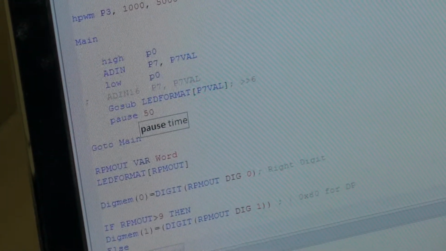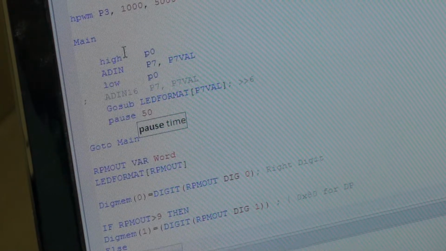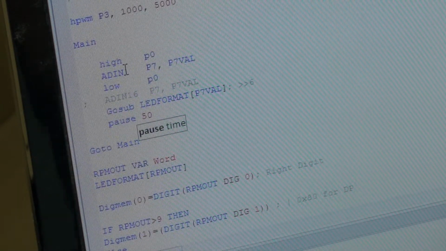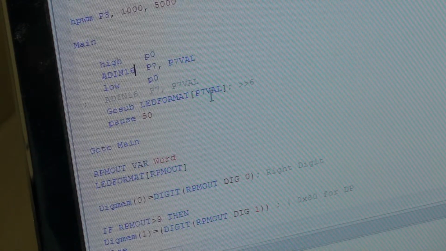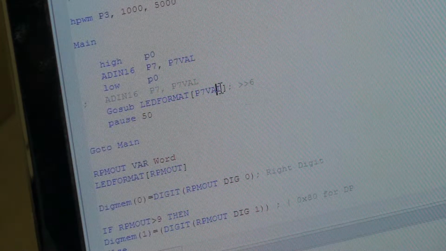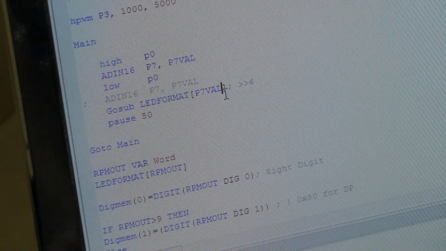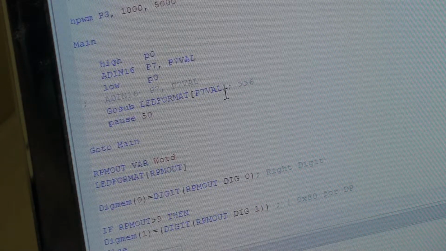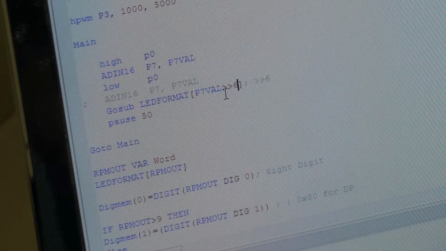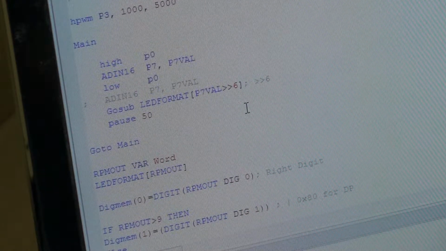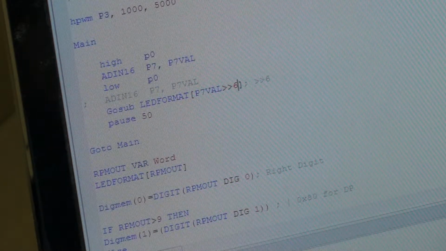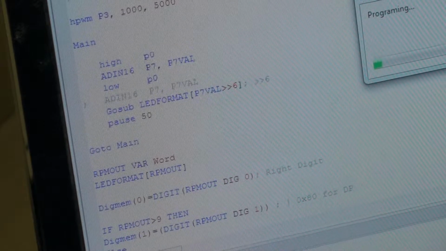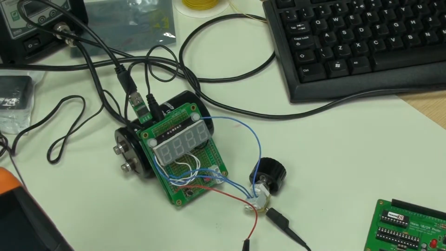What I'm going to do now is modify the software slightly, and instead of just using ADIN, I'm going to use ADIN 16. Before it prints the value out, because it's now going to come up with the sum of all those readings, I'm going to right shift it by 6 to divide it and get us back to the standard 0 to 1024. So the modification is done to the program, and it's going down and programming now. Now if we look at the display system again,